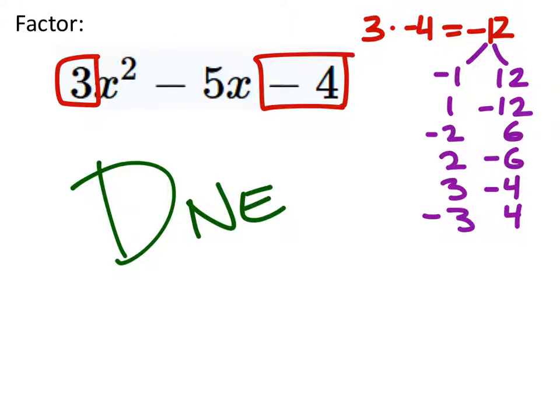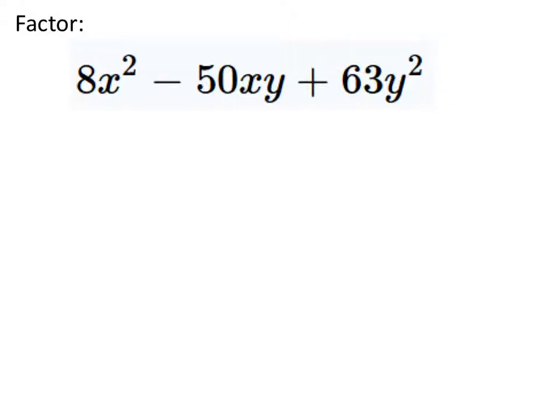Or it's prime, whatever. Alright, this one looks funky because we're not used to seeing y squareds at the tail end of this thing. I mean, it's okay that we do, right? We're not so concerned about the letters when we're factoring by grouping, strictly the numbers. So on this one, just the same as usual. Is there anything we can factor from these? 63 is 7 and 9, or 7 and 3 and 3, which does not match up with any 8 stuff, okay? So there's no greatest common factor to factor out from these 3 terms,